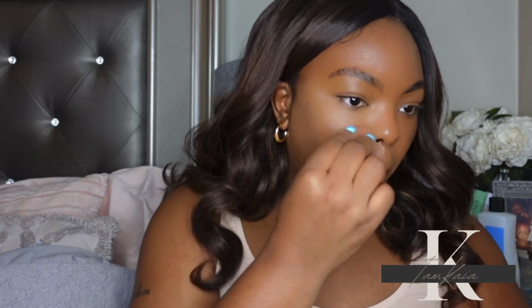So as you see, this was very easy to blend out, and this just melted right into my skin. This particular shade that I have did not give me a highlighted look, so this is more of a shade that is nice for everyday use. I did notice this didn't say anything about being creaseless or crease proof, so that kind of got me a little nervous. But